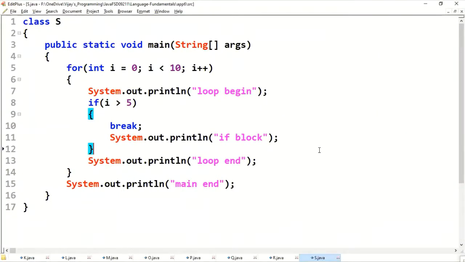Observe this program. We get a syntax error for this program. Why? Because if you are keeping the break statement, that must be at the end of the current block.